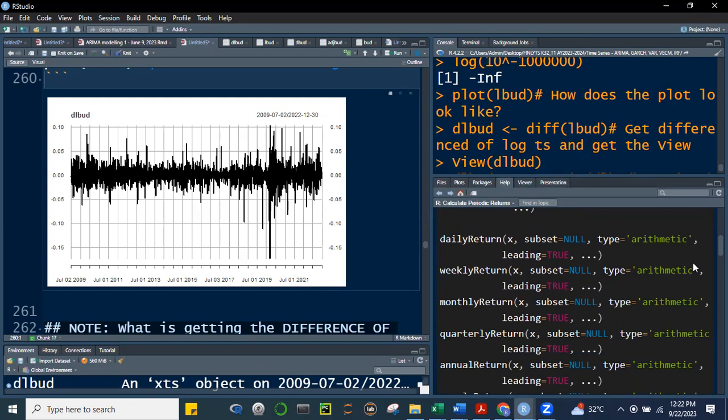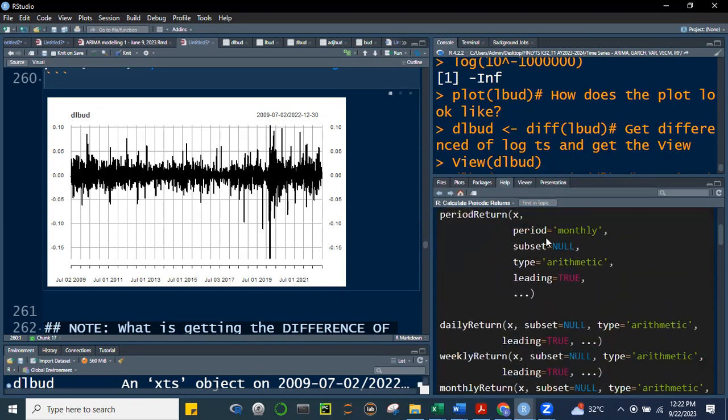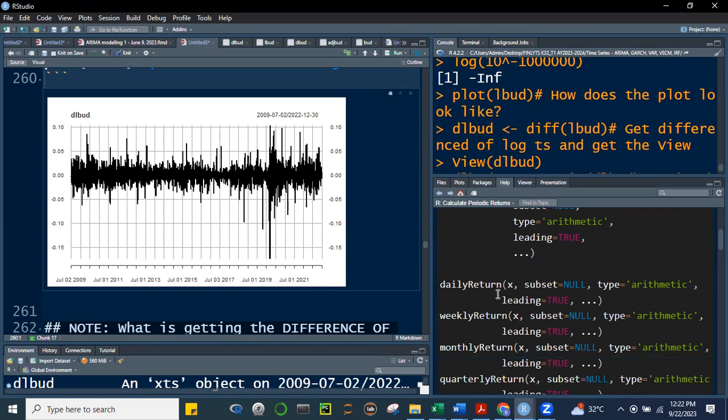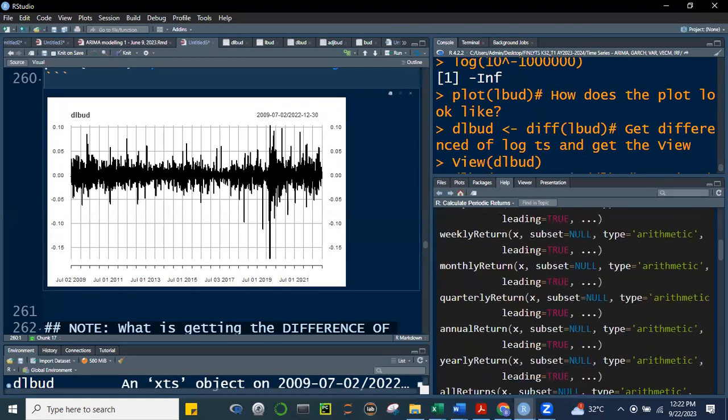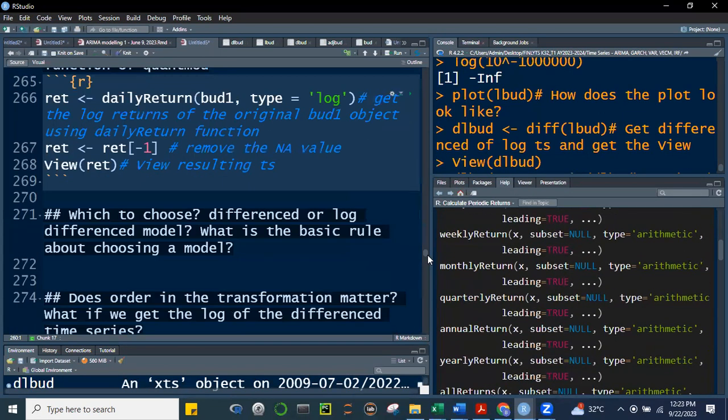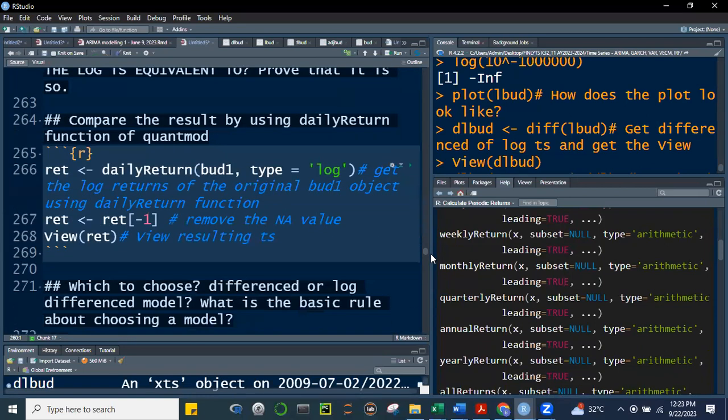So take note, class, si quantmod package, if you want to get the daily returns of your time series, pwede mong gamitin ang period return. I-define mo lang kung ano yung period. Is it monthly, daily, weekly, etc. Or you can specifically use daily return, weekly return, etc. Okay, so let me do that, class, here. I'm not sure if I gave this code to you already. Yeah, so I'm creating this object ret, and it's equal to daily return of your